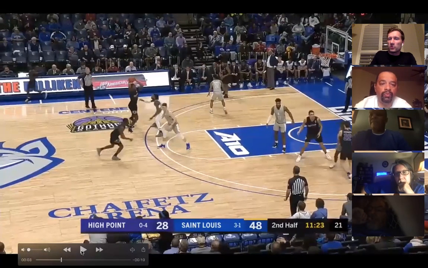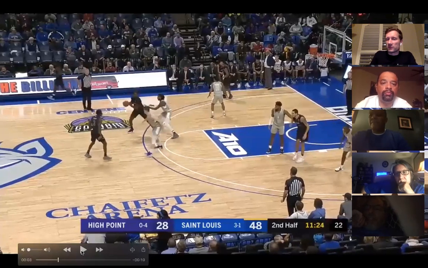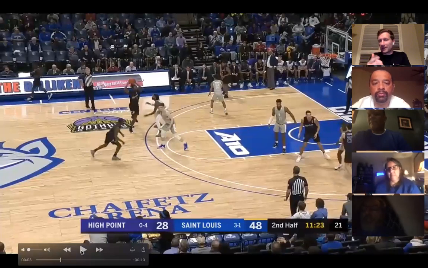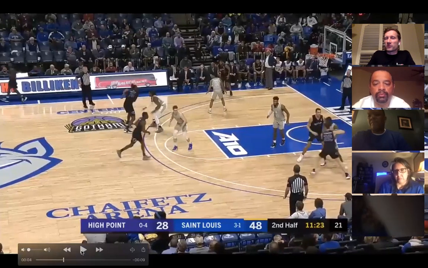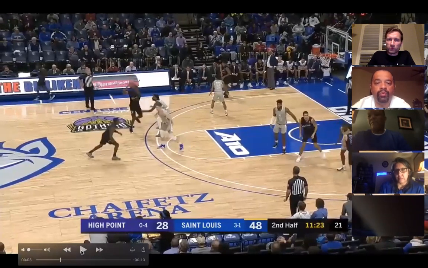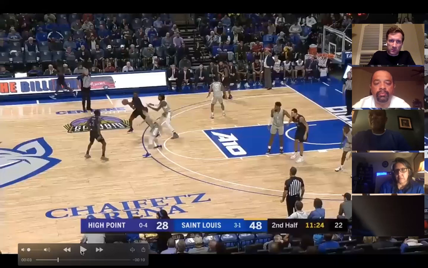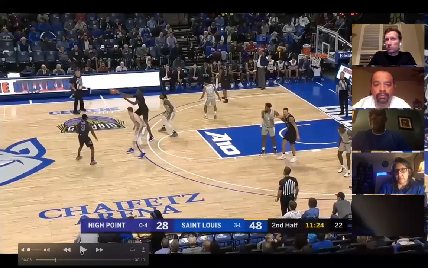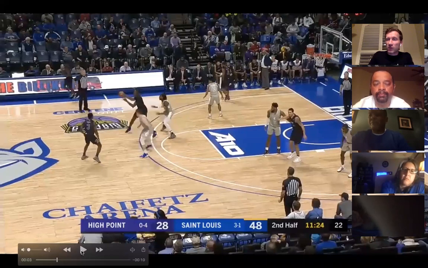So if he'd have picked it up earlier, I don't believe this is an offensive foul on 22. I just think they're both having a hold. I don't see a huge advantage for 22. However, the referee doesn't even understand the legality of 22 because he's on the ball too much. When the pass is made here, then his eyes need to shift. This is what we've been talking about every Zoom meeting: ball away, you're away. Now his eyes should have gone right to this matchup.